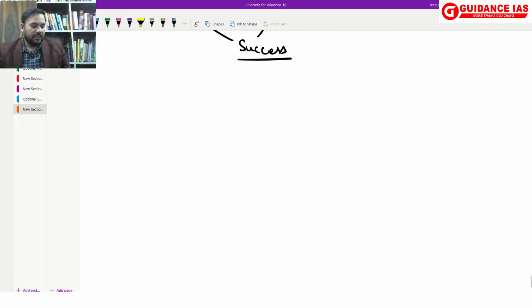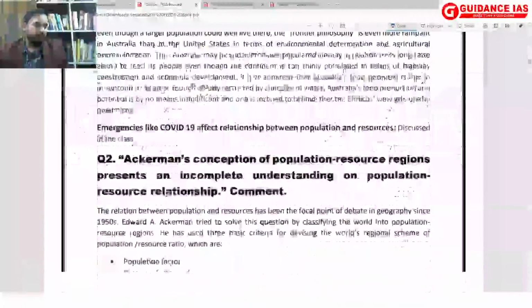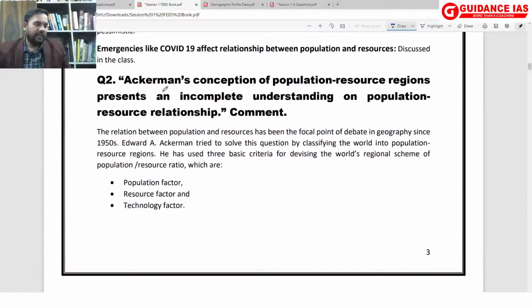Okay, so that is question number 1. Question number 2 पर आते हैं. Question number 2, Ackermann's conception of population resource regions. Ackermann's conception of